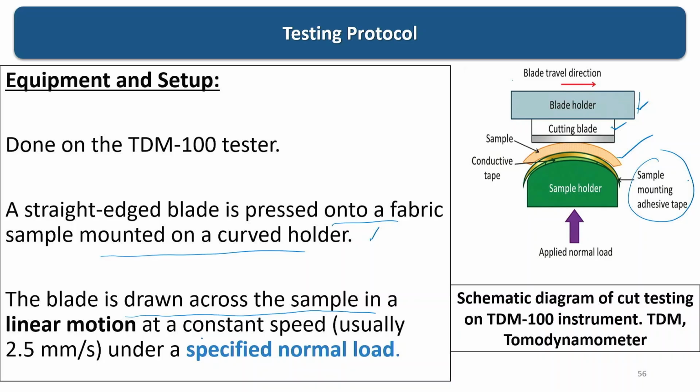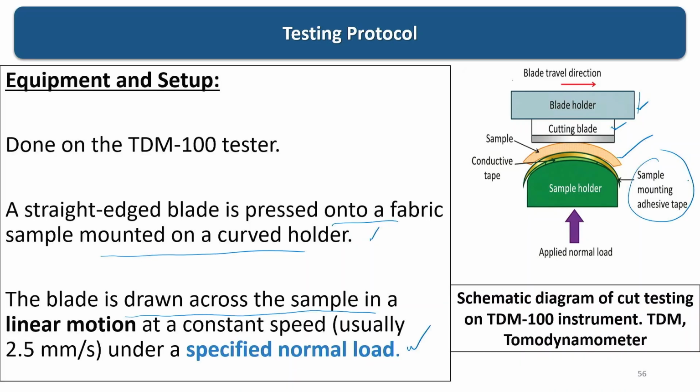Usually the speed is kept at 2.5 millimeter per second. It is a very slow speed, and it moves under the specified normal load. A certain load is kept and it will move till there is a perforation, a cut on the specimen,